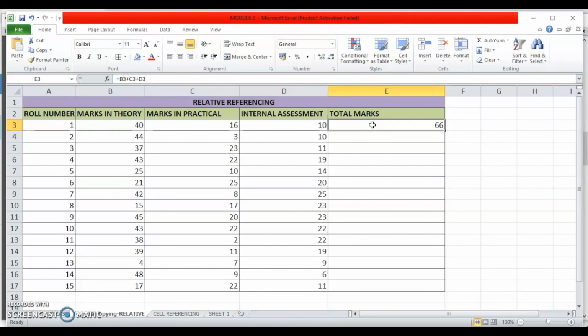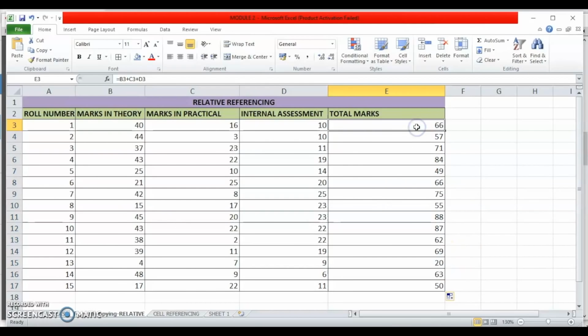So what I can do is I can simply copy this formula down the column. How will I copy? Just take my cursor to the bottom right corner of my cell and drag while pressing the left mouse button, and the formula gets copied everywhere.